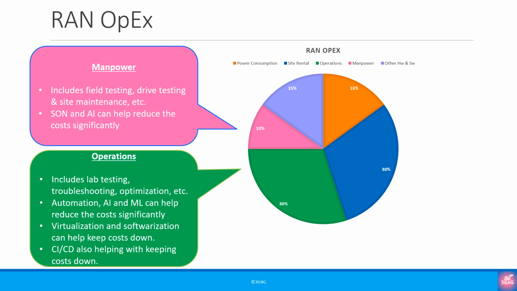When we looked at the TCO tutorial, we discussed that drive testing forms a good part of operational expenses or OPEX. While in this chart, we show drive testing as part of manpower, the results have to be generally processed manually, which forms part of operations. There are already tools available that can process the results automatically with very little human intervention, but it is still some way to go before they are completely autonomous.